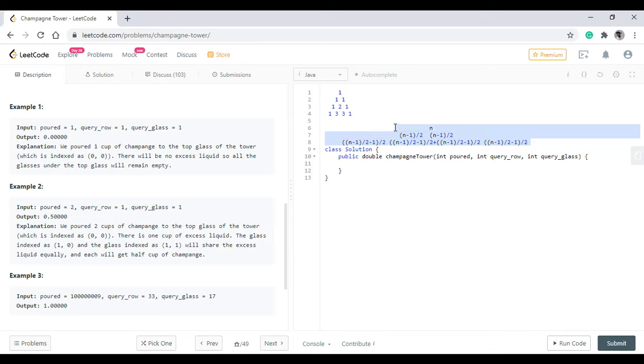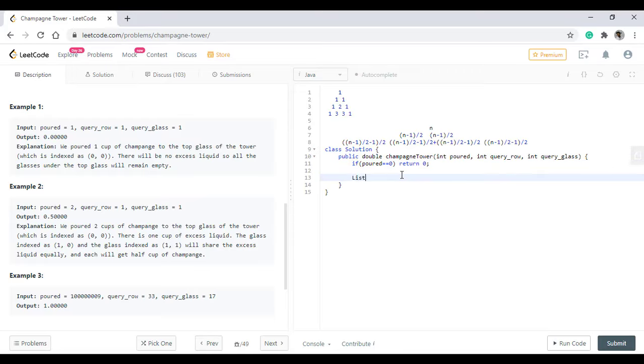So if we create a row of the Pascal's triangle, we can just directly take the query row and return it, and that will be our answer. Now let's see how we can code this. We'll start off with checking if the row value is greater than 1 or is not 0. If it is equal to 0, then we directly return 0.